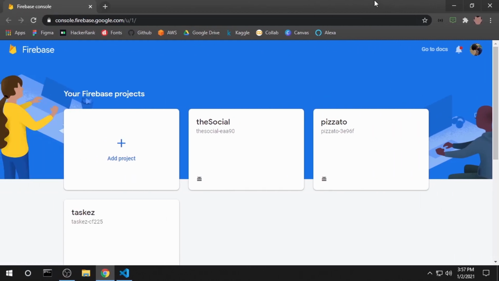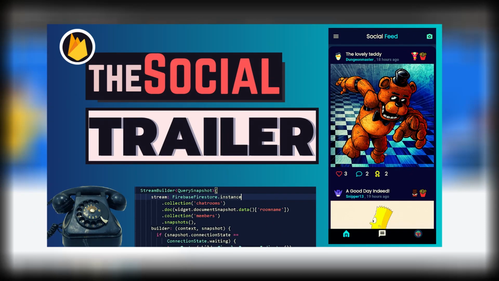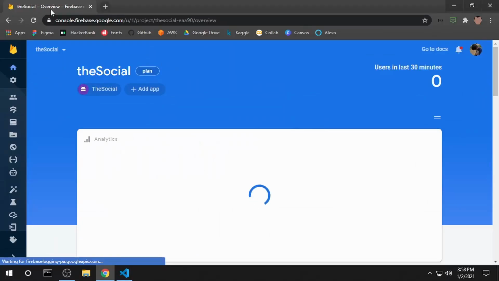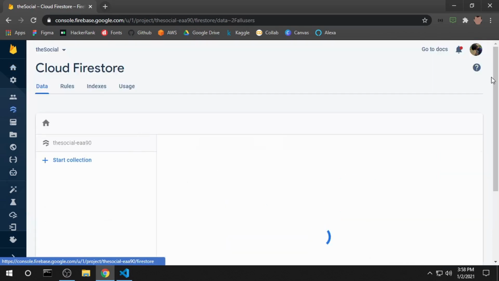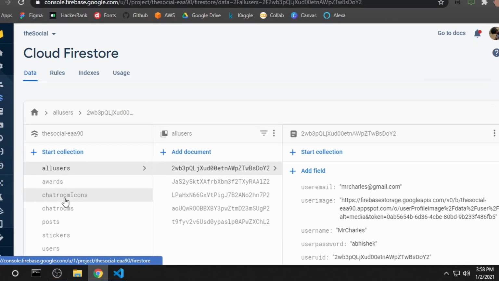So under our Firebase console, you may observe that I have already created a project of The Social. That's because I needed to complete a trailer of our entire course, that is the entire walkthrough. Under our overview of The Social, I can simply go under Cloud Firestore. You may observe that I have various collections for users, chat rooms, chat room icons, chat